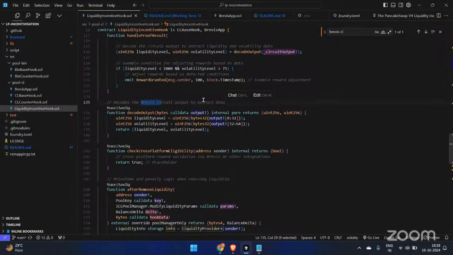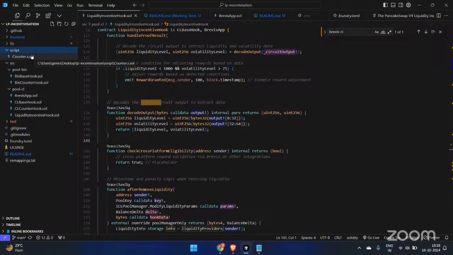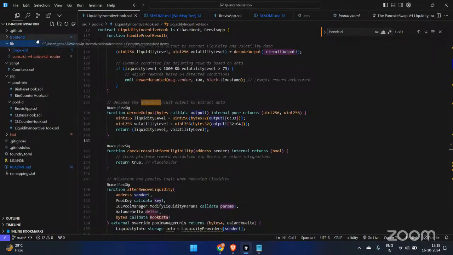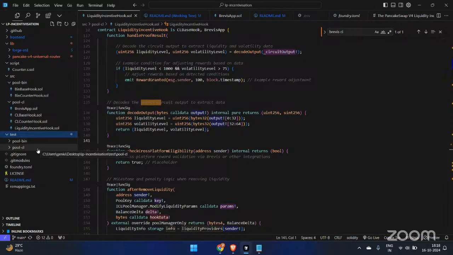Is there a circuit.go? I wonder if I had pushed that. I think it is missing. You're right. I would be adding this after this demo, because it's been about 20 days since I made the project, and I think I forgot to push that circuit, but I would be adding that after this presentation.